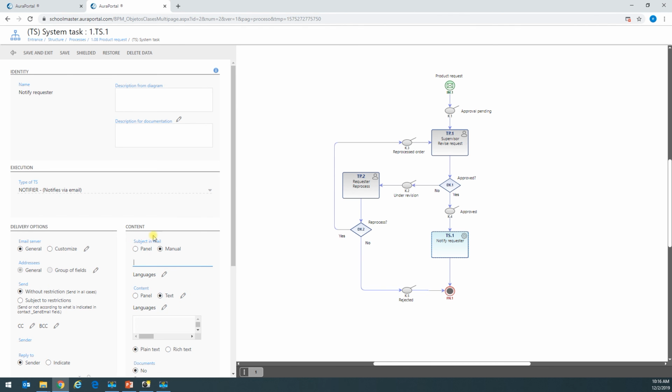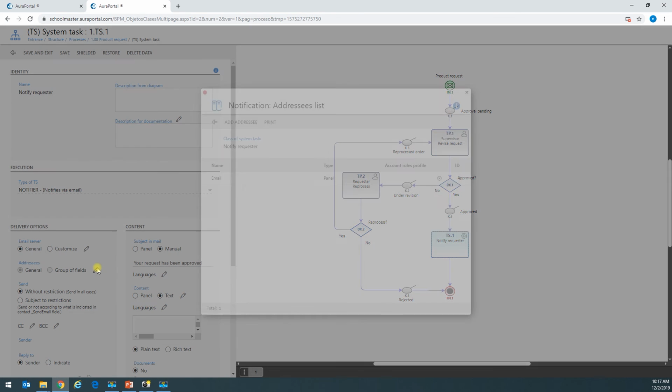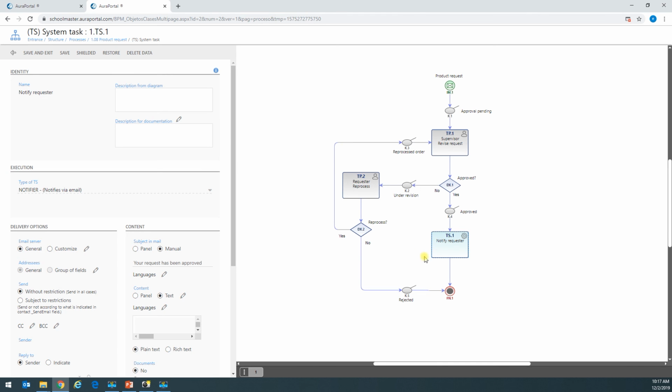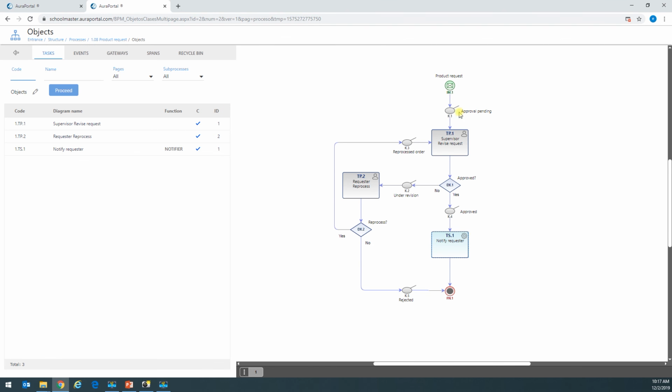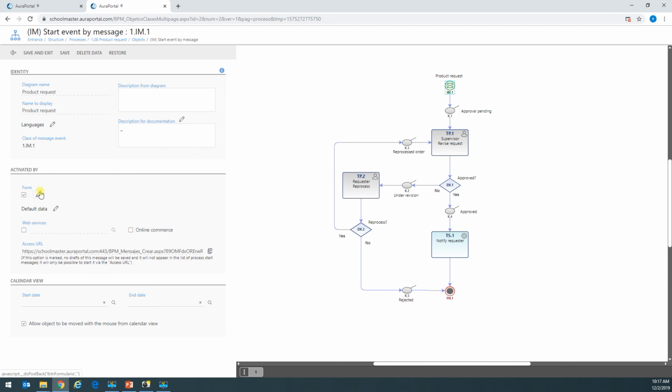The last thing I want to do is add the subject to the email. For example, okay, so we've got the text, the body, we've got the subject, and we've got the addressee that we've indicated here. And this should be enough to start testing my process. Before I test it, I want to add some additional information to be able to track the process. In order to do that, I'm going to select a few